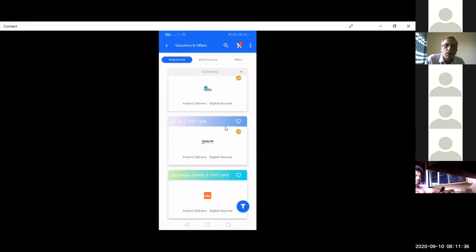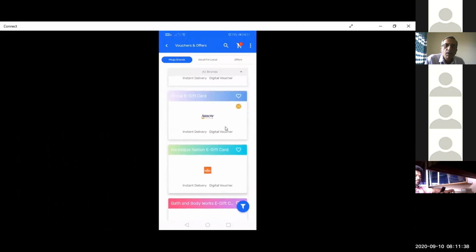Now, let's see how you can do that. One thing you need to notice is that on a lot of brands, you will find this icon of GG coins. So wherever you find this GG coins icon, that means you can redeem GG coins on that particular brand. So let's see how you can do that. Just click on Arrow. For example, if I want to buy Arrow digital vouchers, I'll click on Arrow.